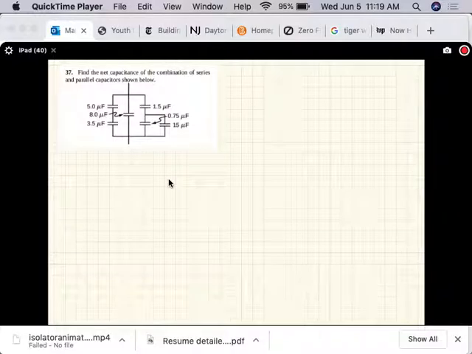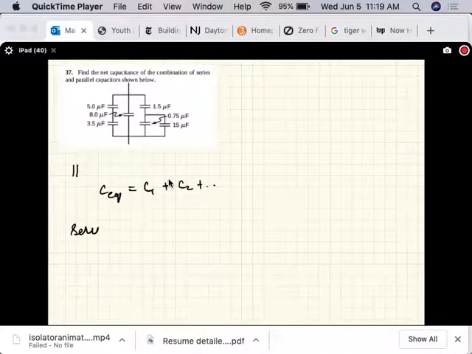For a parallel combination, let's write down the formula. You just add the capacitance. And for a series combination, the equivalent capacitance is 1 over C1 plus 1 over C2, etc. So coming to this, these two capacitors are in parallel, so the equivalent capacitance of that combination is